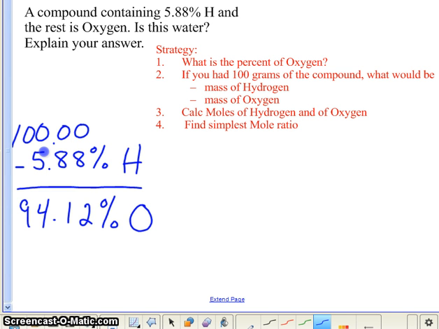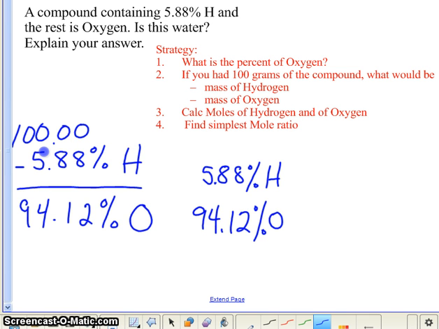Yeah? So right now what we have is 5.88% hydrogen and 94.12% oxygen. And somehow or another we got to go from that to grams. And if we get the grams of oxygen and if we get the grams of hydrogen, then we can go to moles and do the same thing that we did in the previous problem. So all we have to do is figure out how to go from percents